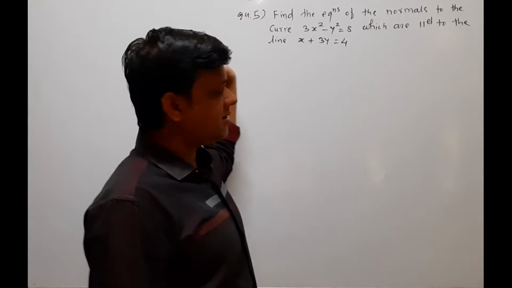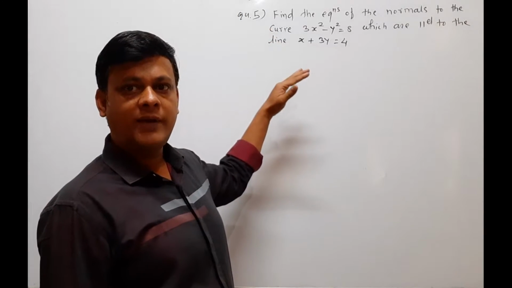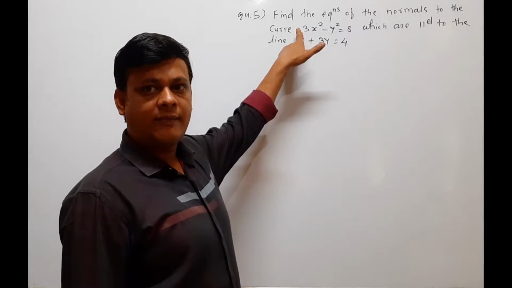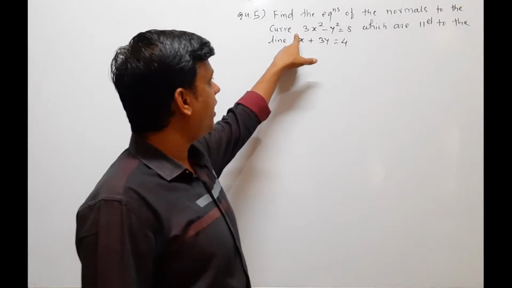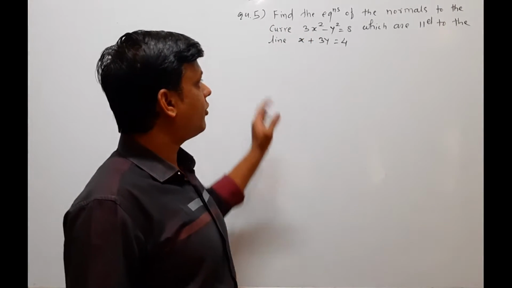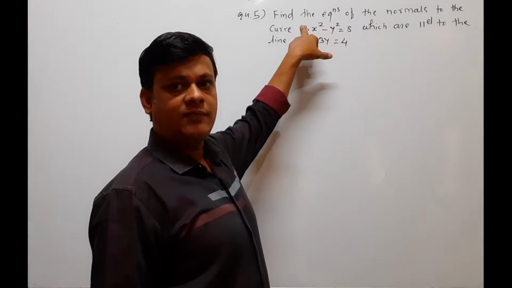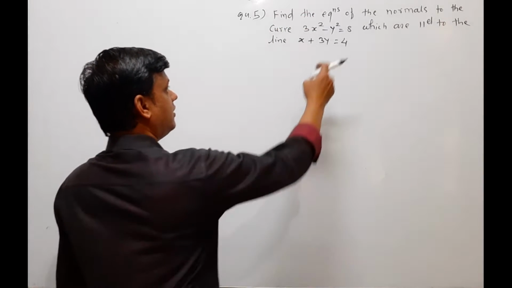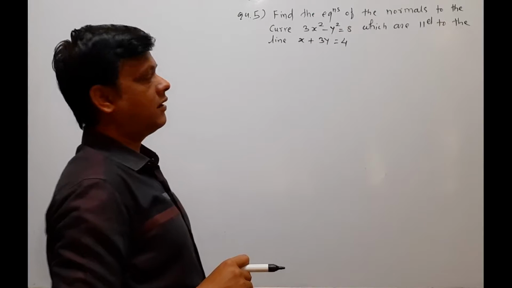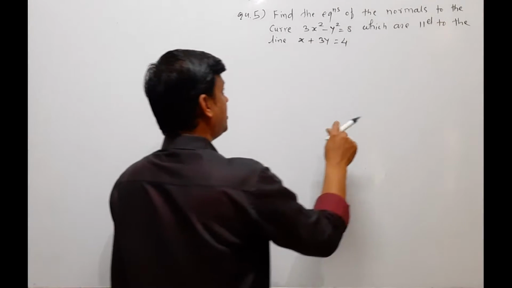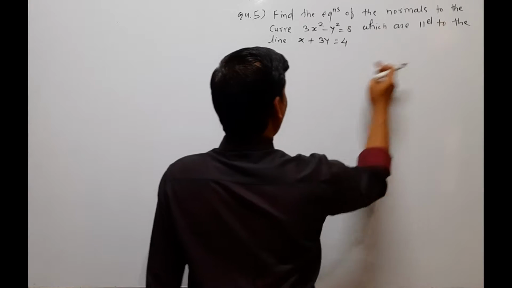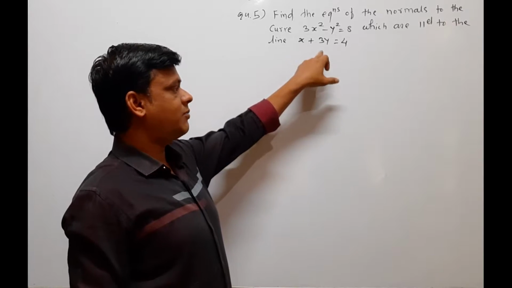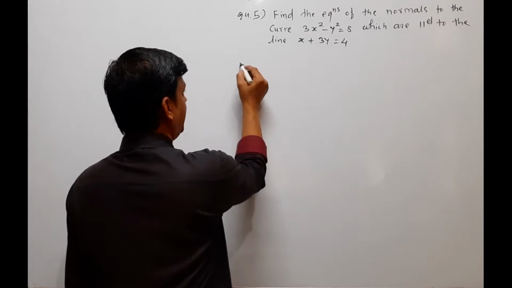So in previous example, first we find equation of tangents because we get slope from the given curve after differentiating the given curve with respect to x, that is slope of tangent. So from that we find the equation of tangent, then we find the slope of normal and then find equation of normal. Here we have to find equation of normals and the condition is which are parallel to the line, that means the required normals are parallel to this line x plus 3y equals to 4. So write in solution,